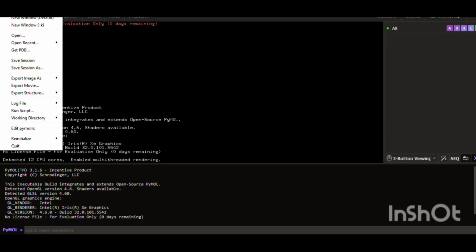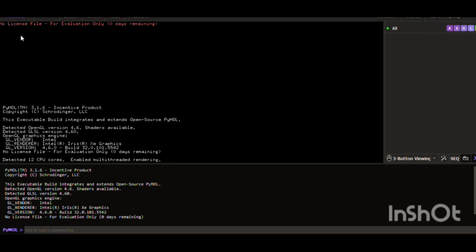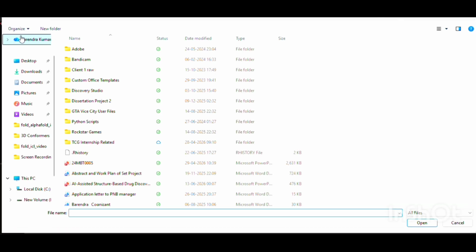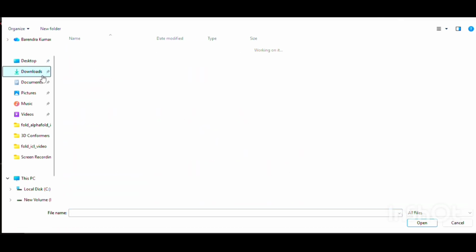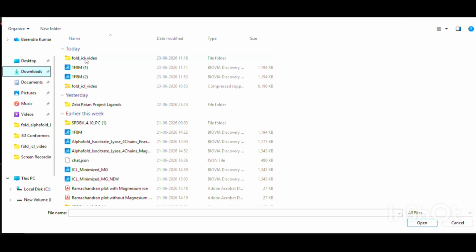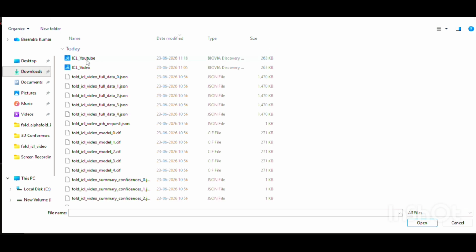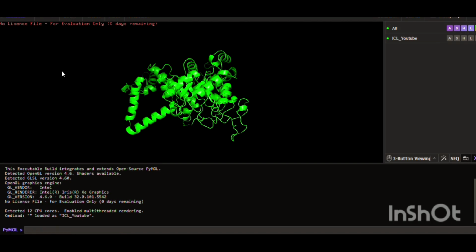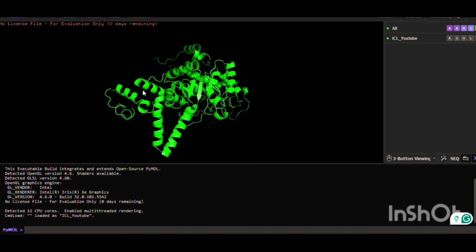We will add the two structures only. First we will open our structure. So we'll go to file, open, then go to downloads. We will go to ICL YouTube, if you remember properly. This is the PDB file we had created from PyMOL earlier, right? So this one,